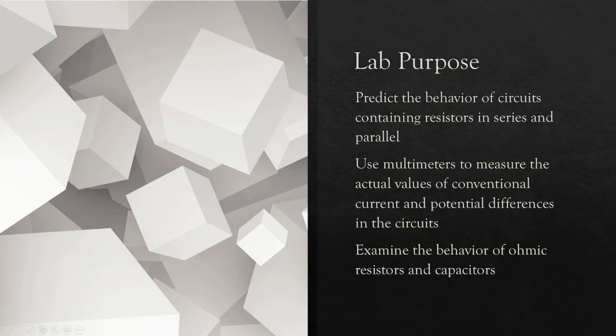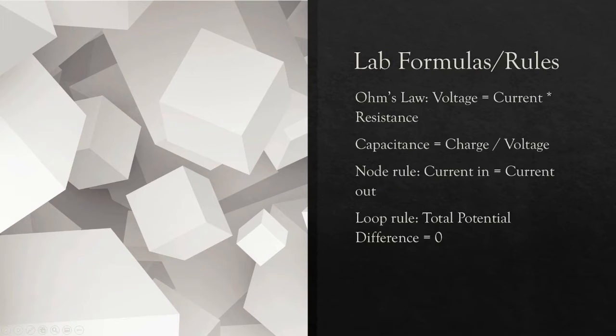The purpose of this lab was to predict the behavior of circuits containing resistors in series and parallel, use multimeters to measure the actual values of conventional current and potential differences in the circuits, and to examine the behavior of ohmic resistors and capacitors. The formulas and rules in this lab were Ohm's law, which is voltage is equal to